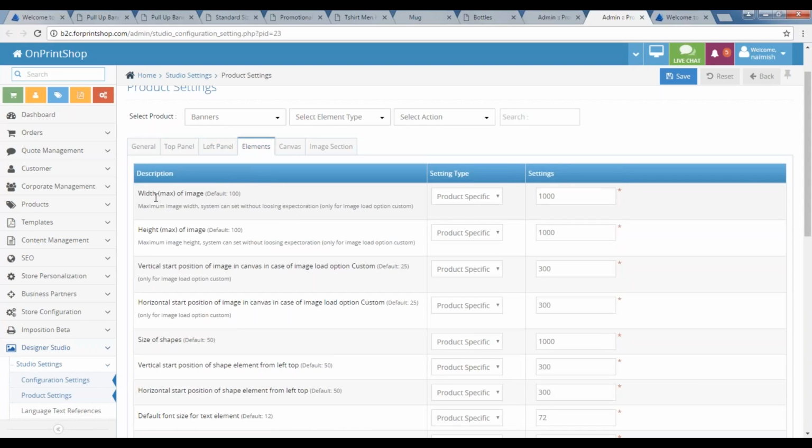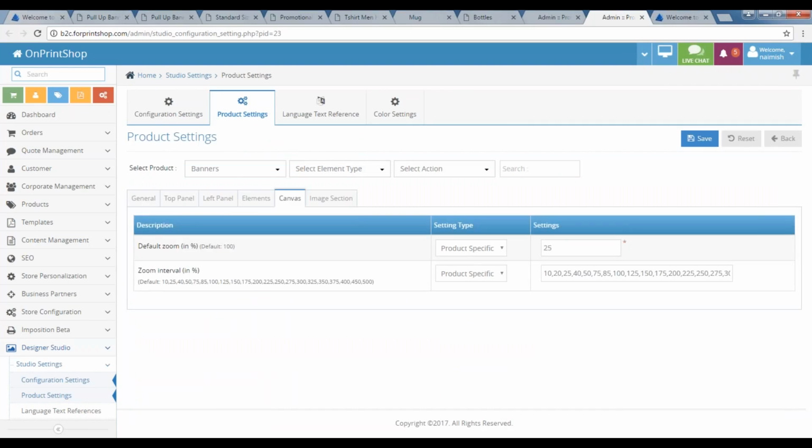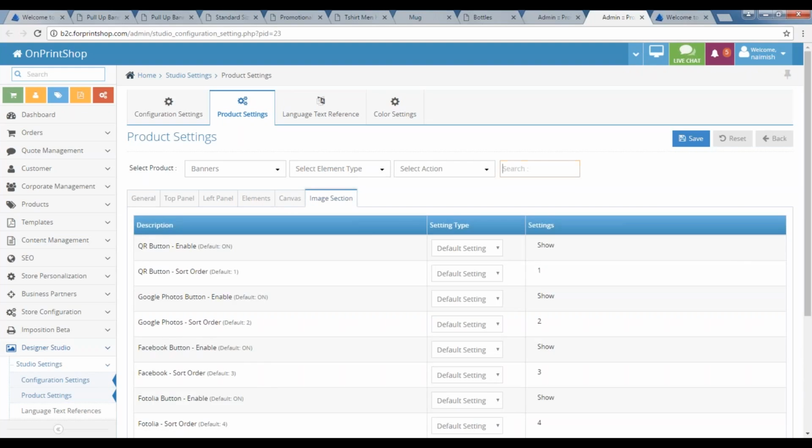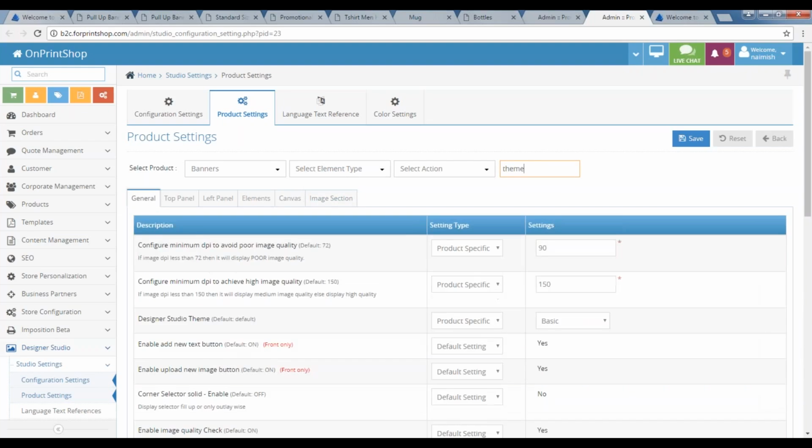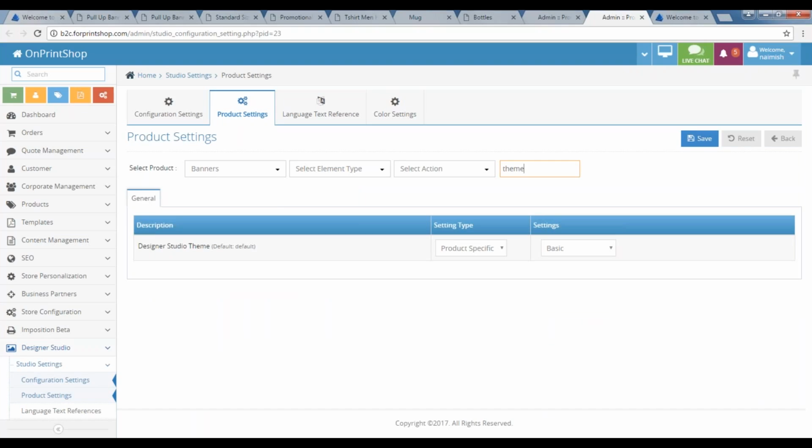For example, if they're adding an image or any text where you want to start, because this is a banner product and a large product, the same setting which you have in the business card would not work. So here you want to start with a default zoom size less than the business card, and the zoom interval should be less. And even if you want to provide various Designer Studio options, we have created a specialized